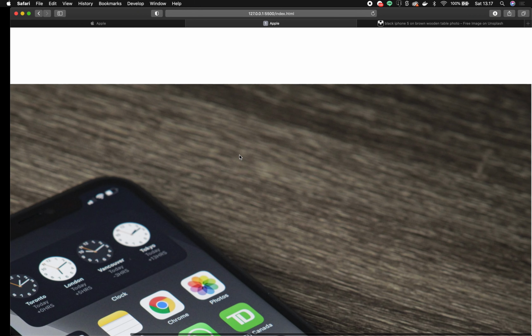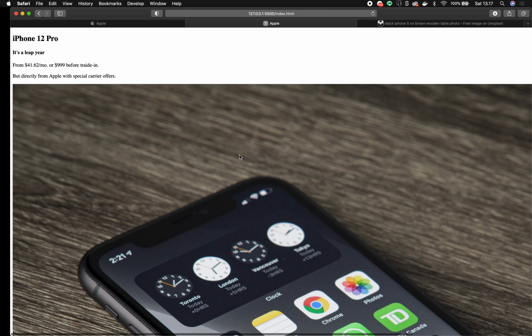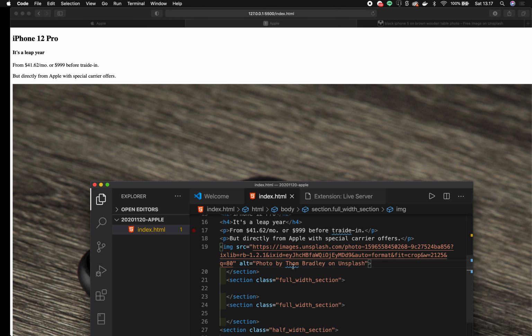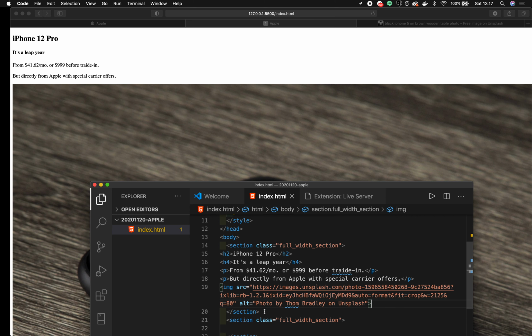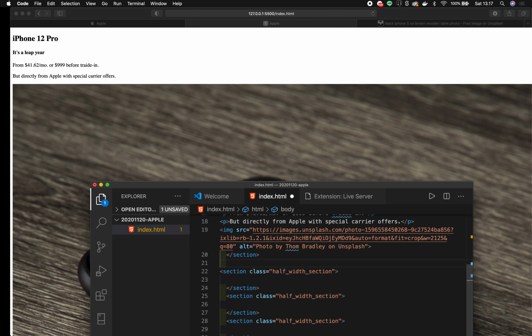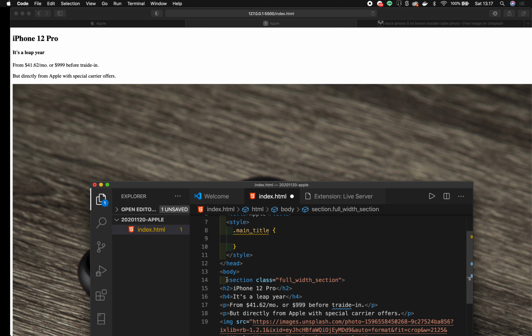We're going to properly style this later. Okay, let's move on. The other full width sections, the other two, we are just going to copy